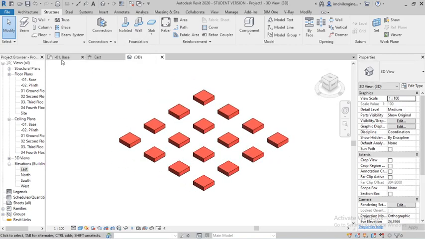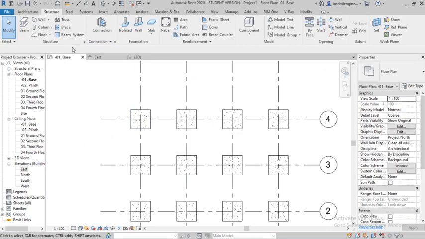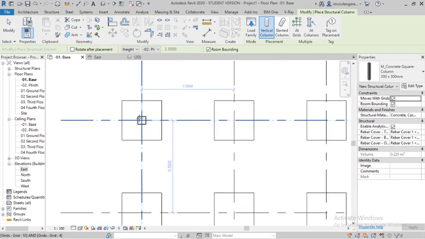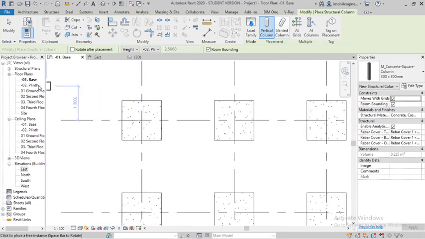Fine, again go to base and draw the columns from base to plinth.